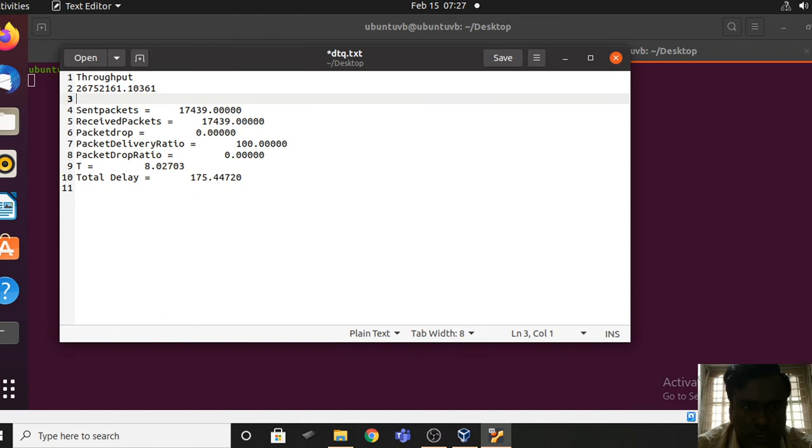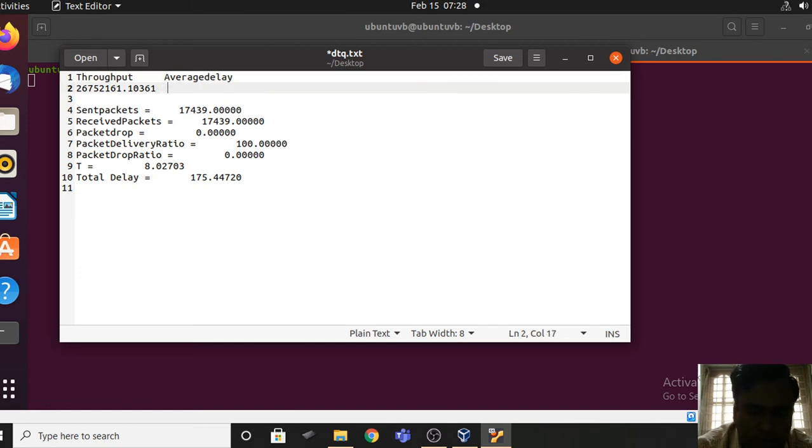That is average delay, so I want to have that one here, Ctrl B, and I want to note down this value under average delay, Ctrl X. So this is the average delay, Ctrl B. Like this you have to note down these values.